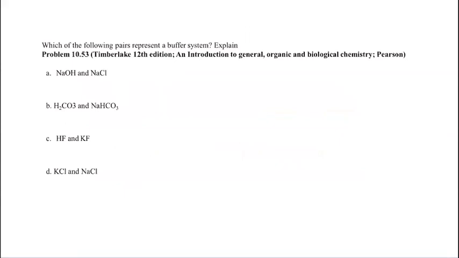So in problem 10.53 from your textbook, we have pairs of molecules. And in the exam, you have to do a problem similar to this. You're given pairs of molecules, and then you have to tell me if this makes a buffer or it doesn't make a buffer. Remember, in order for us to have a buffer system, we need to have a weak acid plus the salt of its conjugate base. Okay, let's look at the first pair,